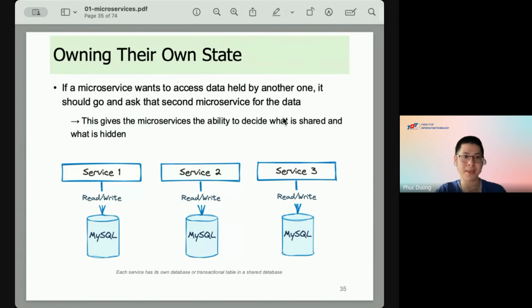So, owning their own state for short: microservices avoid the use of shared DB. Each service has its own DB. I would like to note that MySQL is an example. You can use any kind of DB. NoSQL like MongoDB is also true in this case.